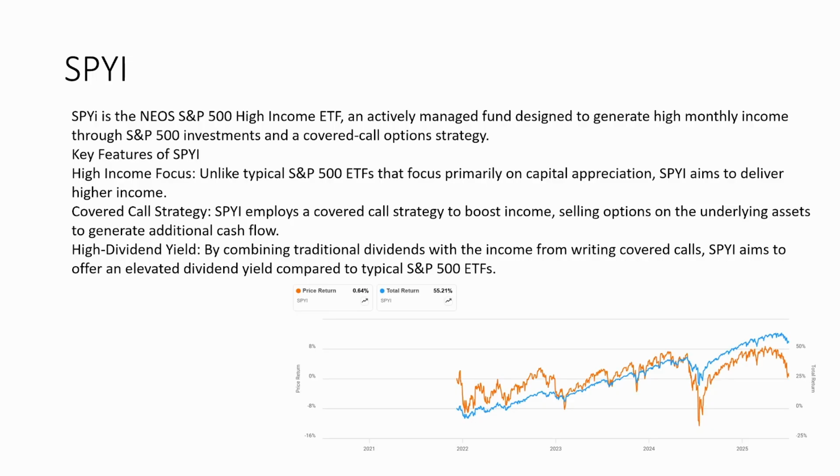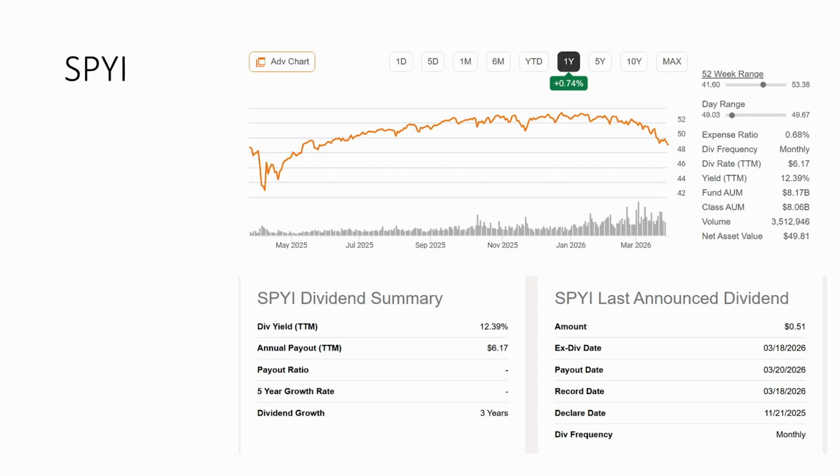And as you can see, now the price return is in the slight positive. Now, we have had a little bit of a sell-off, so it was actually up quite a bit. The total return is up 55%, but the price return was also going up. So, as you can see, the price return and the total return were following the same direction. And as you can see here, in 1 year it was up